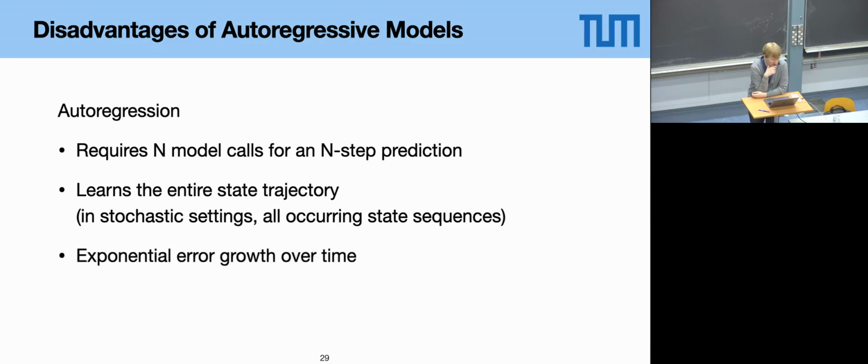And I'm sure you also know that these autoregressive models suffer from exponential error growth over time. This is because you can always just train a model approximately. There's always some imperfection, some deviation that remains. And this can amplify over time until it becomes relevant if you wait long enough, and can also degrade the quality of the learning system.